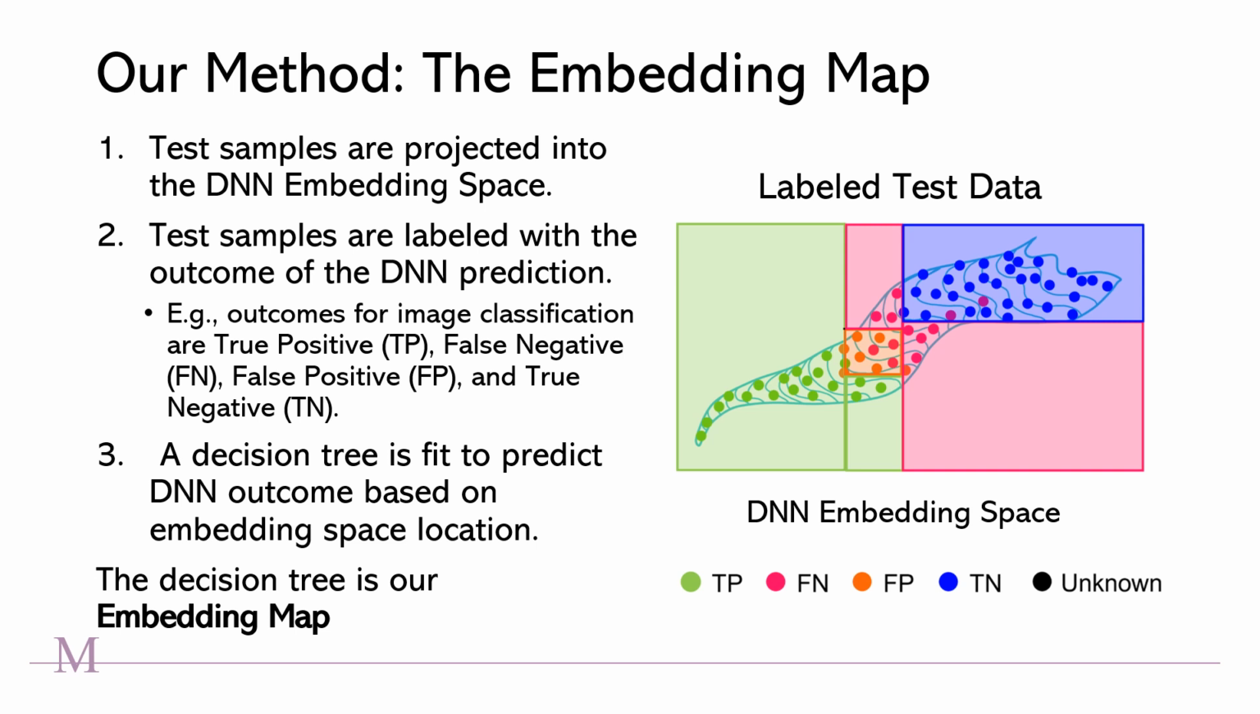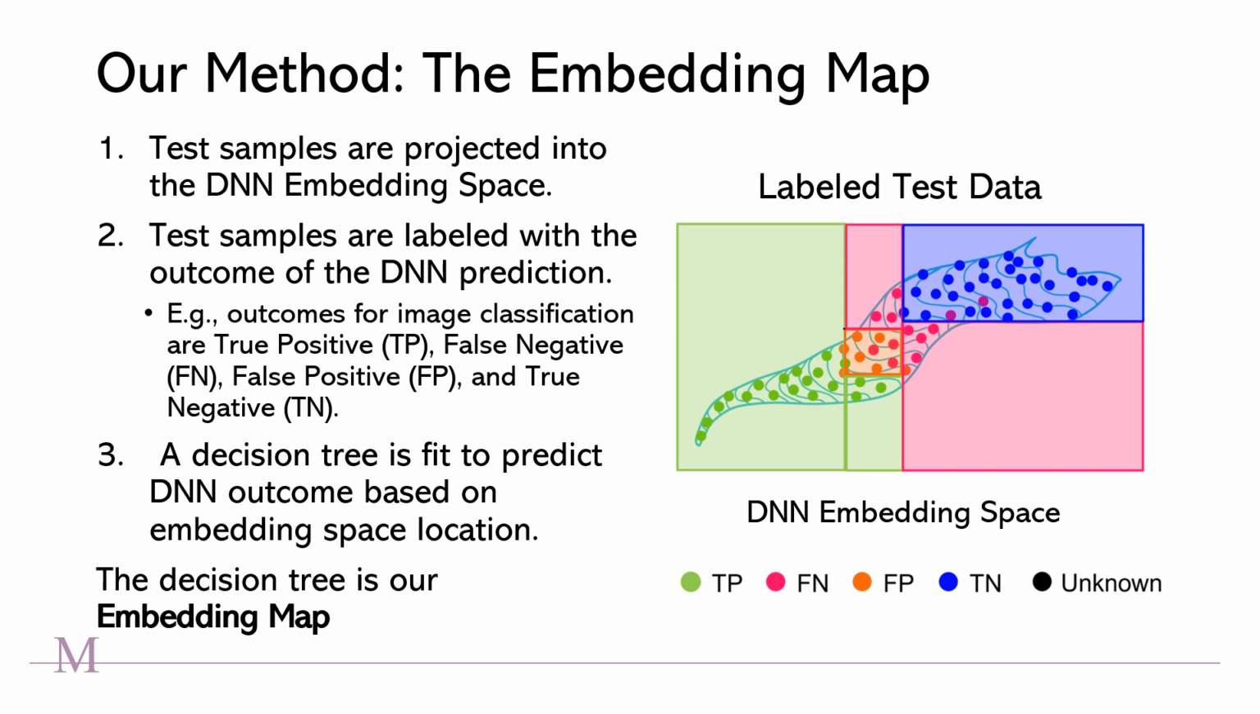In our paper, we propose an embedding map for NGP. The intuition behind our embedding map is that we want to identify regions of the DNN embedding space that are associated with a particular outcome. The outcome is selected to indicate success or failure for a given task. For example, in our image classification experiments, we consider true positive, false negative, false positive, and true negative as the